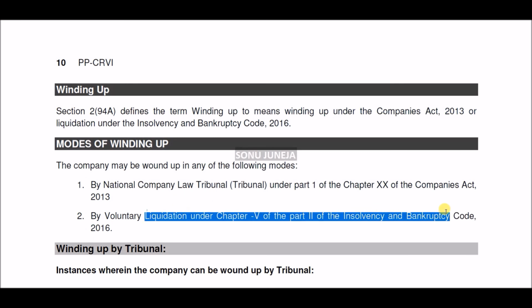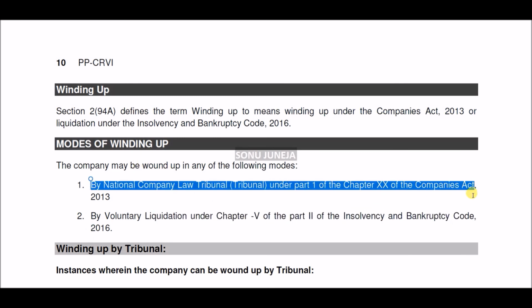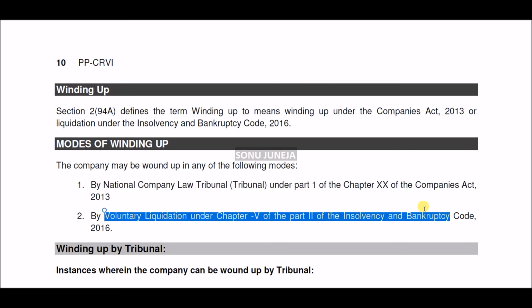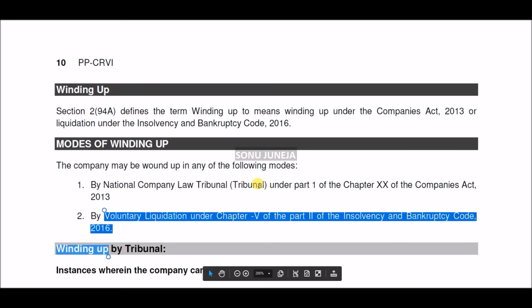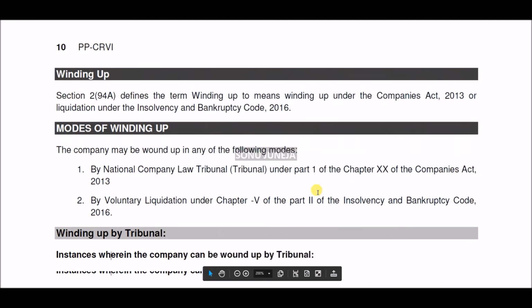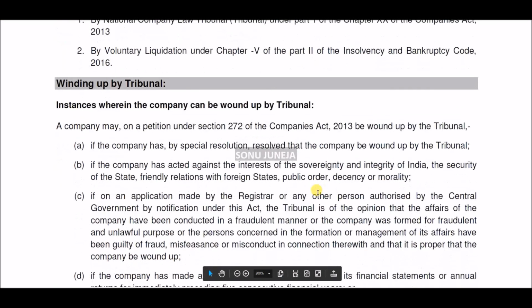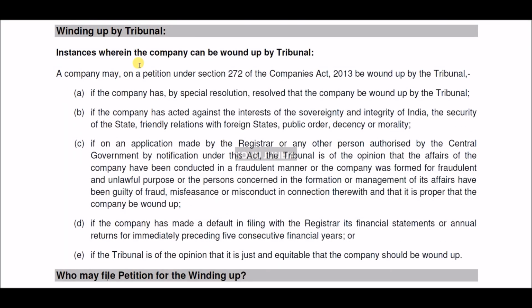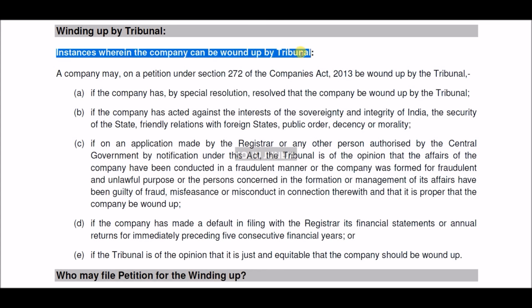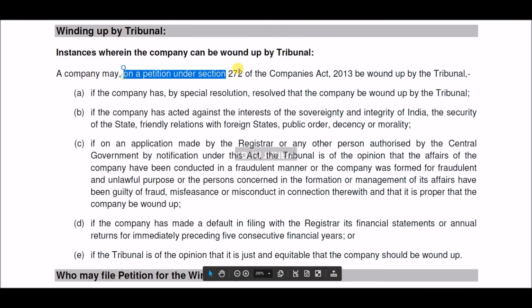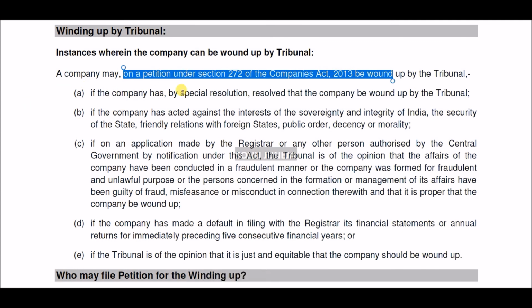लिक्विडेशन, एनसीएलटी करेगा तो कंपनीज एक्ट में करेगा, वॉलंटरी लिक्विडेशन करोगे तो इंसॉल्वेंसी बैंक्रप्सी कोड के अकॉर्डिंग। अब इंस्टेंसेस वेयर इन द कंपनी कैन बी वाउंड अप बाय ट्रिब्यूनल। हाँ जी, क्या क्या चीज़ें हो सकती हैं यहाँ पे कंपनी ट्रिब्यूनल के थ्रू बंद हो जाएगी। एक पिटीशन डाली 272 कंपनीज एक्ट 2013 में, आपने एसआर पास कर लिया,